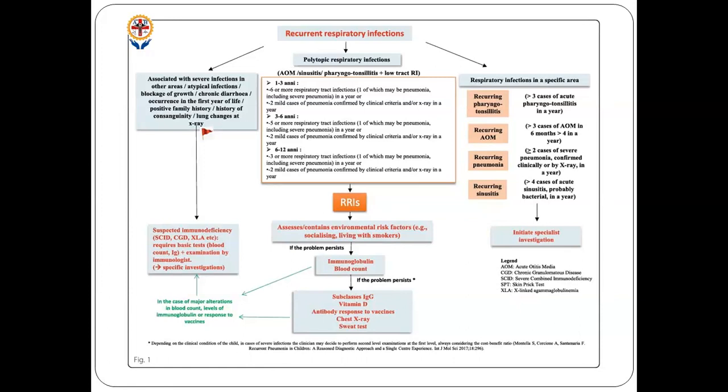If IgG levels are low or if the antibody response to vaccines is low, and if the child is having any neutropenias or selective decrease in the cell lines, we can suspect immunodeficiencies. Similarly, coming to the extreme end, if the child has mixed infections, like how this child presented, like chronic diarrhea or recurrent episodes of otitis media or recurrent atypical infections, or there is any similar family history or history of consanguinity, in such children also we should suspect immunodeficiency.